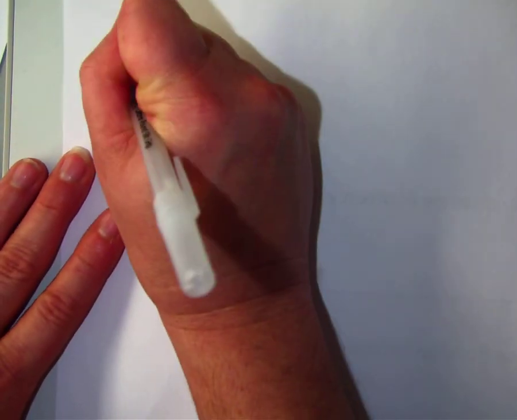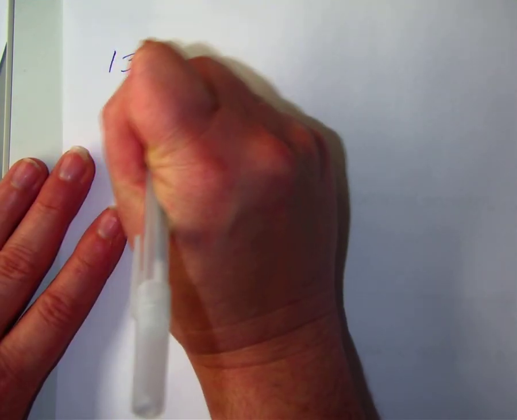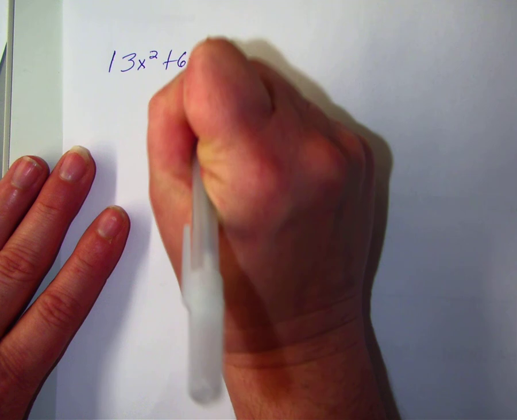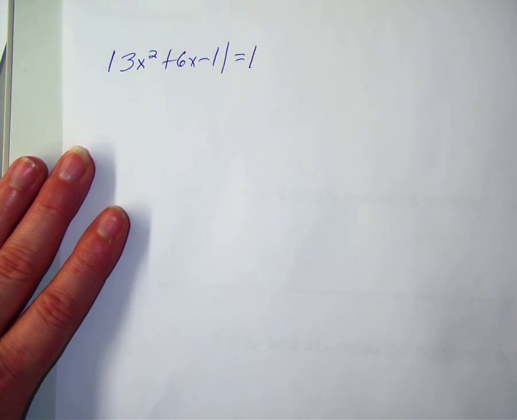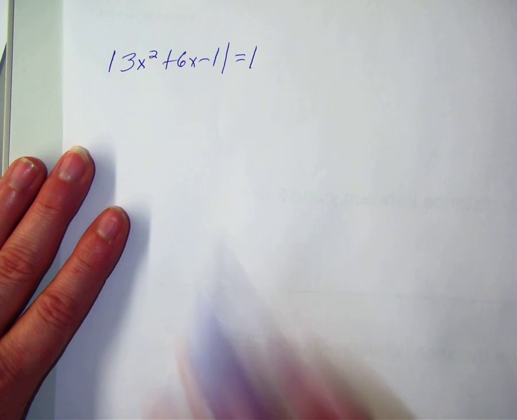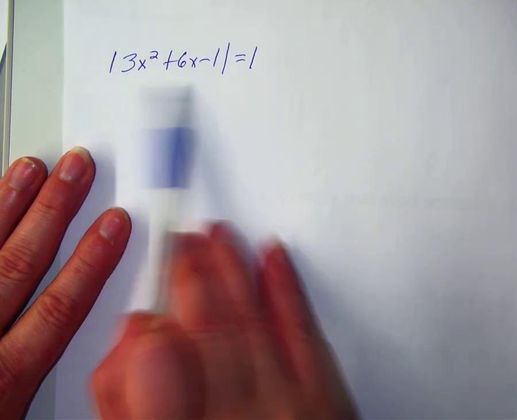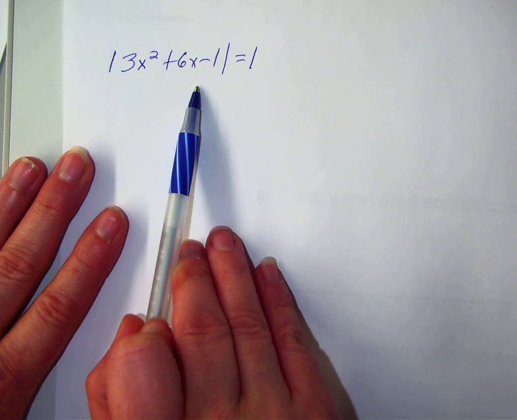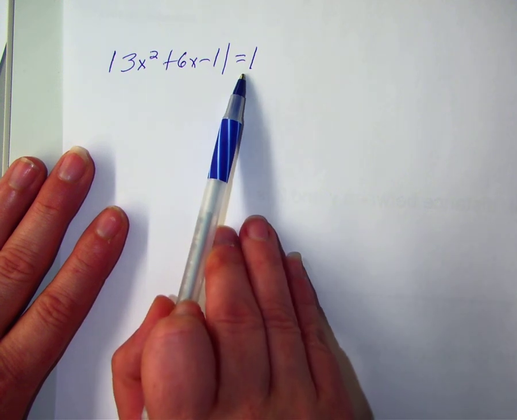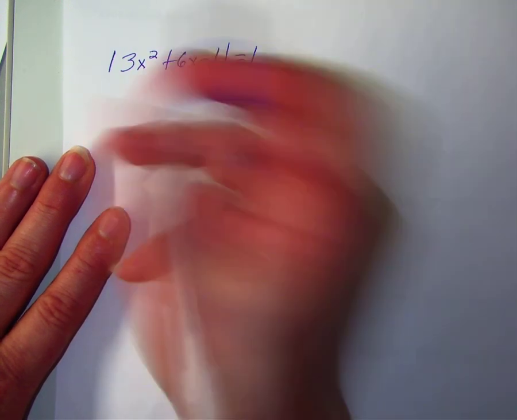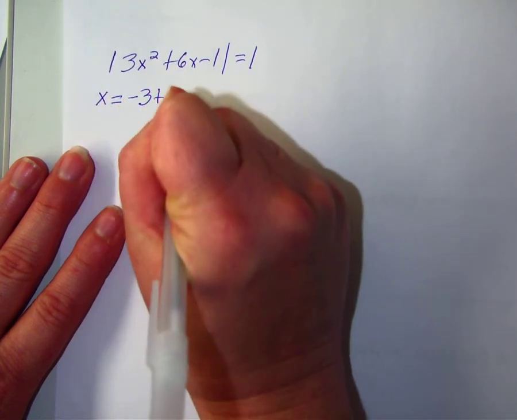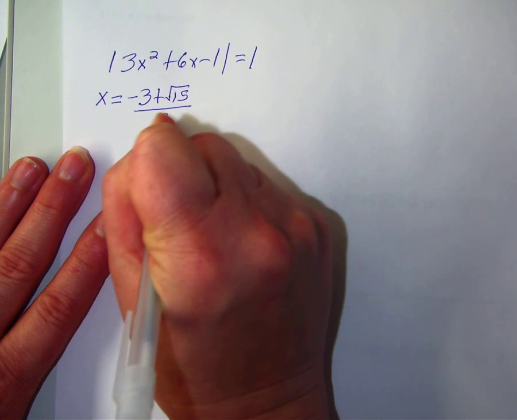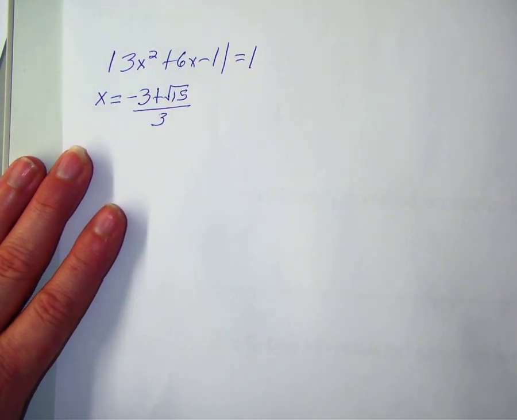We start again with the original equation that was given, the absolute value of 3x squared plus 6x minus 1 equals 1. If we were to plug in our 4 possible solutions inside the left-hand side and take the absolute value, it should equal positive 1, and then we'll know that that solution was true. So here I'm going to start with x equals negative 3 plus radical 15, all over 3. Now this is a monstrous irrational